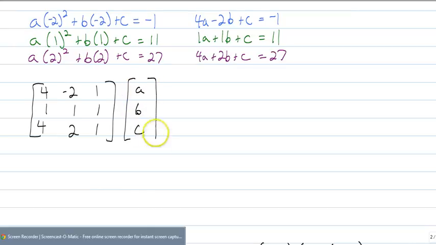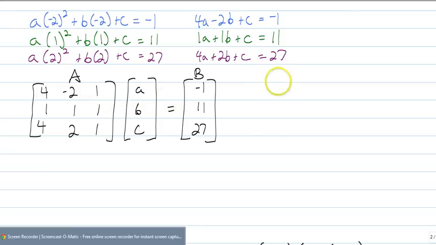Those are my variable matrix. And it's going to equal these constants of negative 1, 11, and 27. Hopefully you guys remember this is your A, this is your B. You type these two into your calculator, and then in your calculator you type in, well, I'm just going to say a, b, and c will equal A inverse B